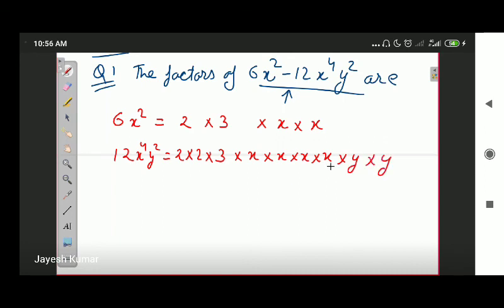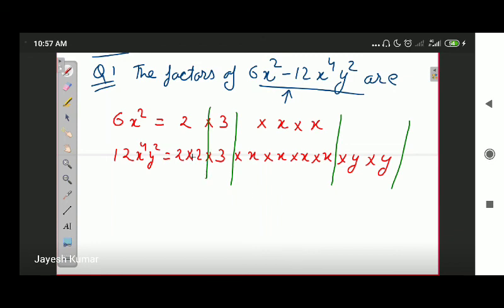What we are going to do now is find the common factors. I have taken the liberty of taking these gaps because I have differentiated the constant part and the x part. Up till here there is only constant, up till here there is only x, and then there is a group of y. I have done this kind of grouping with the arrangement of the numbers so that we can clearly understand how to take common. We are going to take as much common as possible.